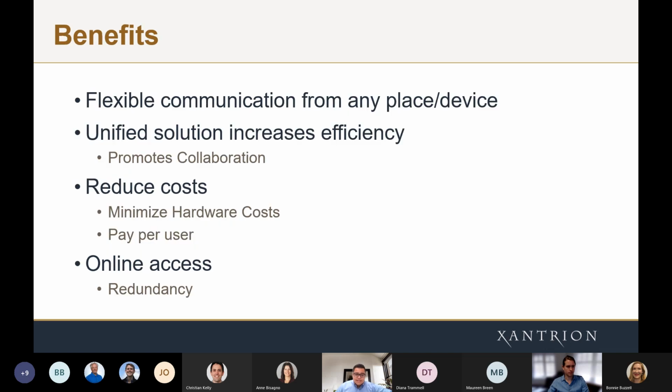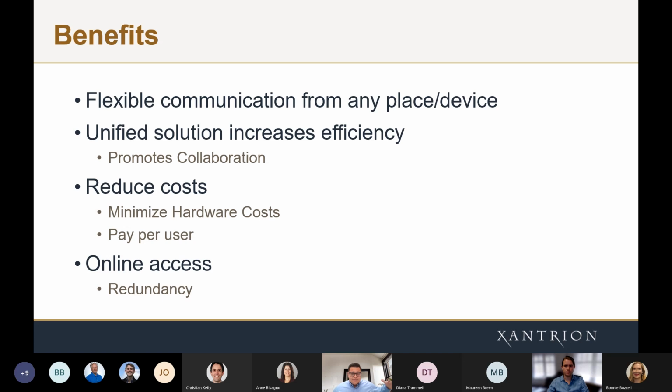And so this is where the benefits, again, of a unified communication as a service platform come into play, right? You're going to have flexible communication from any place, any location, any device. I'm going to have a unified solution to help me accomplish my tasks and my goals, right? I can message one of my teammates and start a conversation. I can call them from the same application. And ultimately, we can even get in the same document and work together on that same application, all encompassed in one service, which would be Microsoft Teams, or a Unified Communication as a Service platform, right?